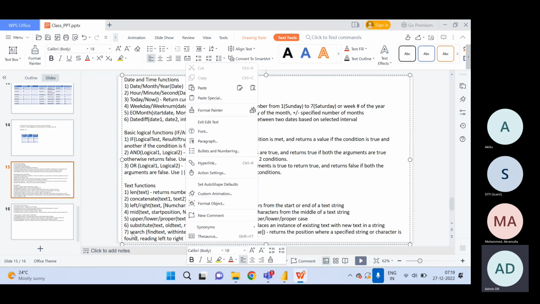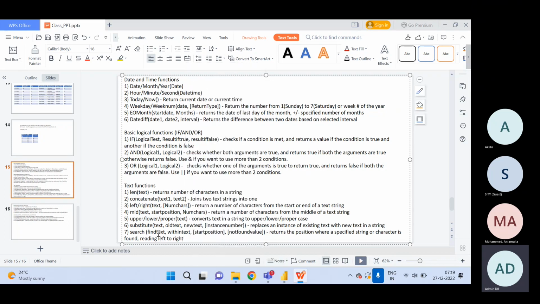Then there is a function called search, in which what it will do is it will find